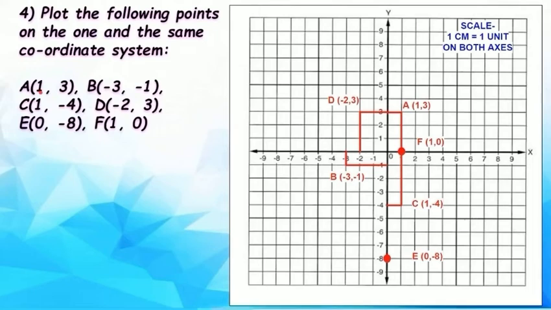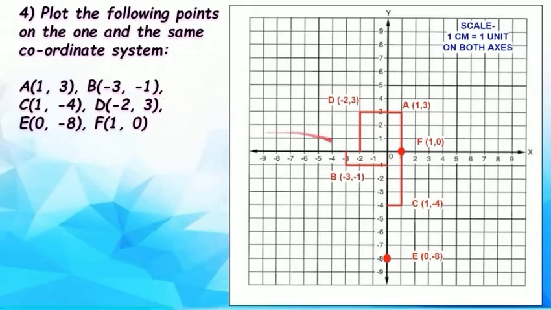The first point given to us is A. It has x coordinate as 1 and y coordinate as 3. So let us see where on the x-axis 1 lies. So 1 is here, and on the y-axis 3 is here. We draw a line from 1 upwards and from 3 towards the right side, and the intersection of these 2 lines is here. So the location of point A with coordinates (1, 3) is here, right? Now the next point has coordinates (-3, -1). So let us see where we can locate point B.